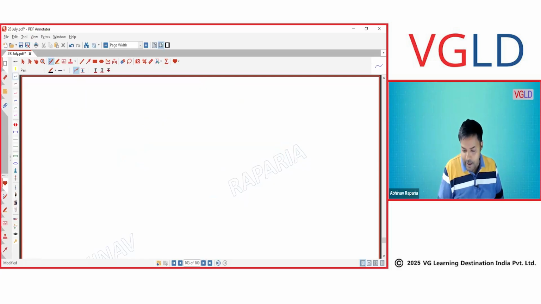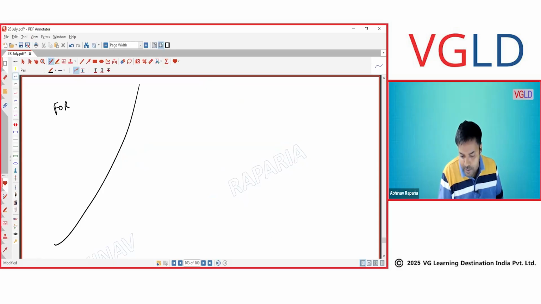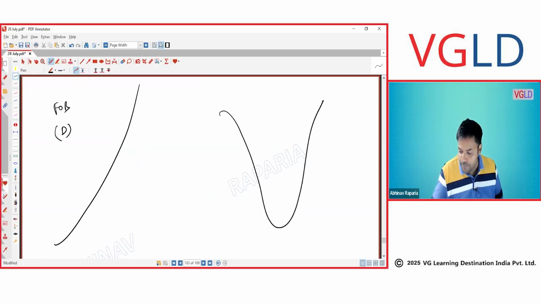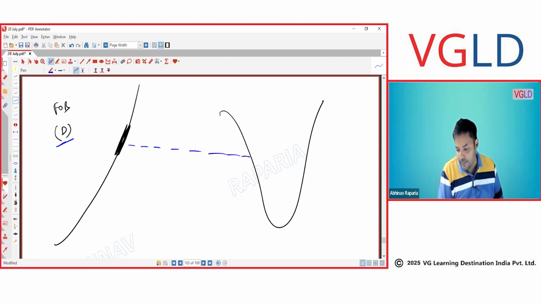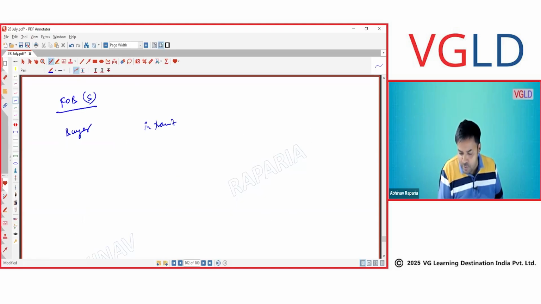Second is FOB destination. FOB destination means you are not free after loading the material; you will ensure that it reaches the port of the buyer. So for in transit, who would be responsible? For in transit, who would be responsible for FOB destination? The seller would be responsible. That's what I'm saying. In transit, whose inventory is that going to be? The seller's inventory. Point clear? Both the points are clear.